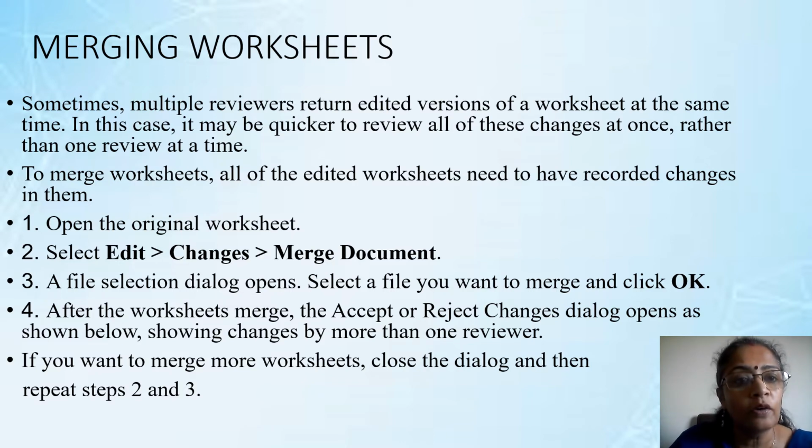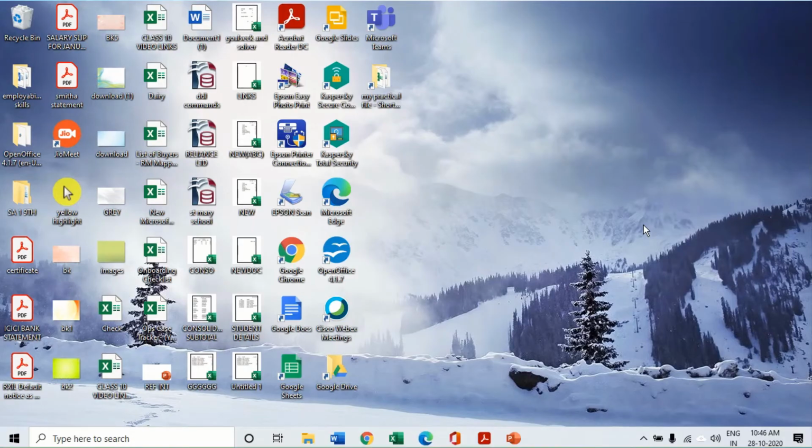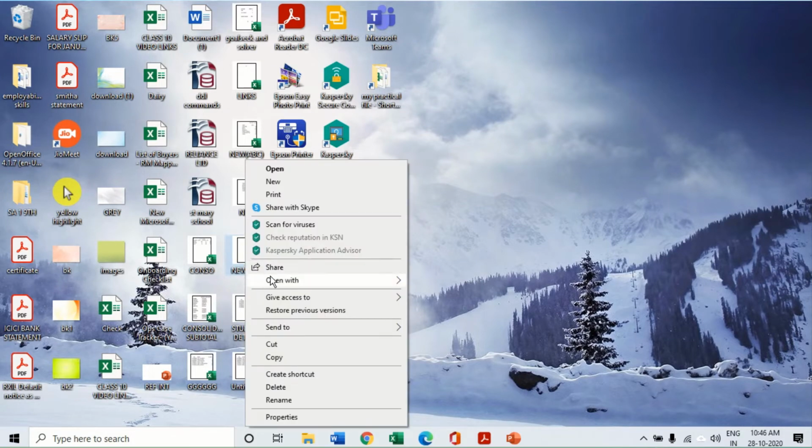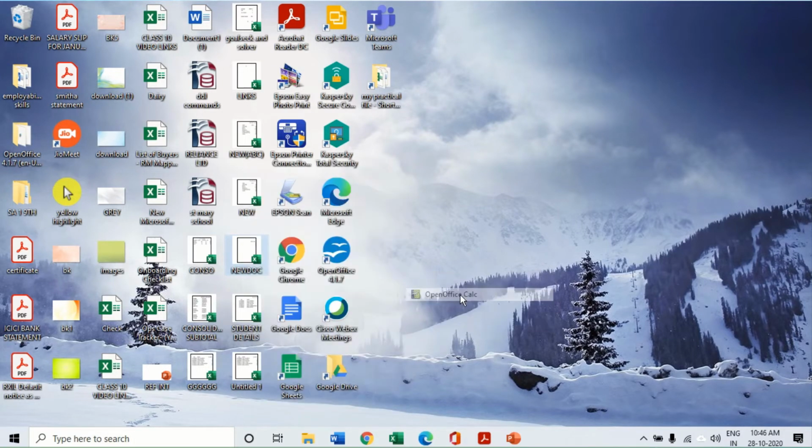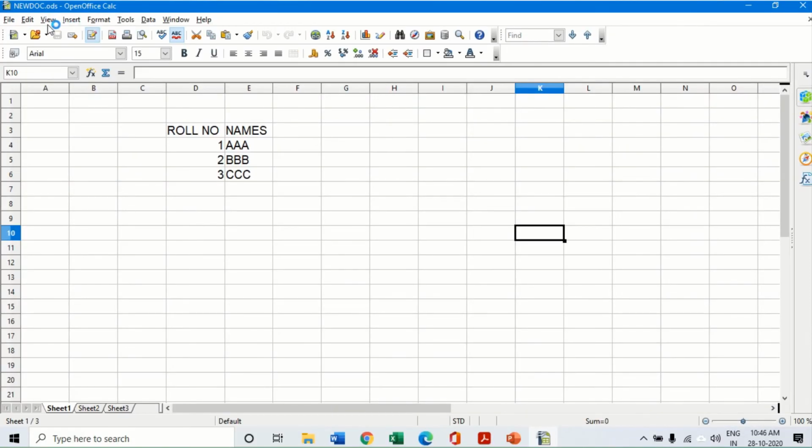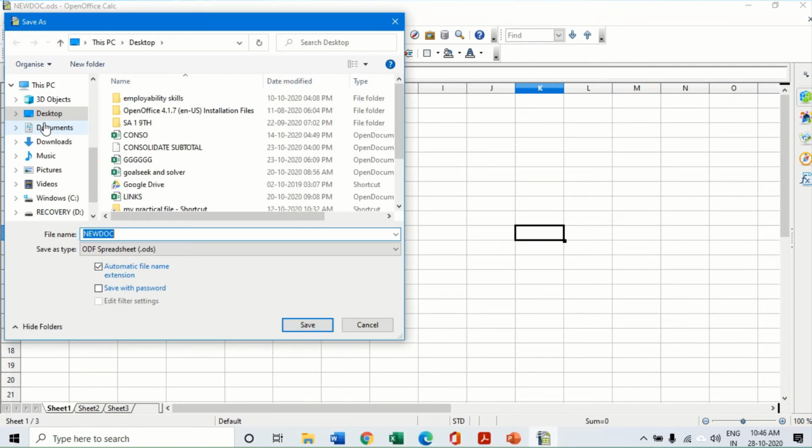So how are we going to merge documents? With a very simple example I will teach you practically. Let me open an already existing spreadsheet with OpenCalc. The file name is newdoc.ods. It has roll numbers and 3 names of students. Now I am going to save the same thing with a new name called